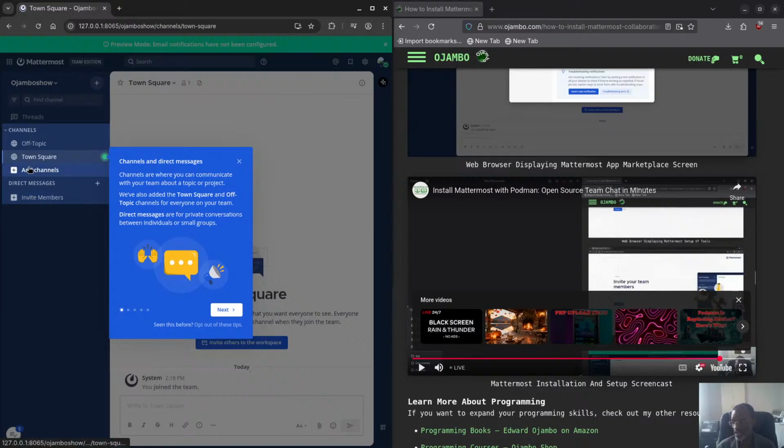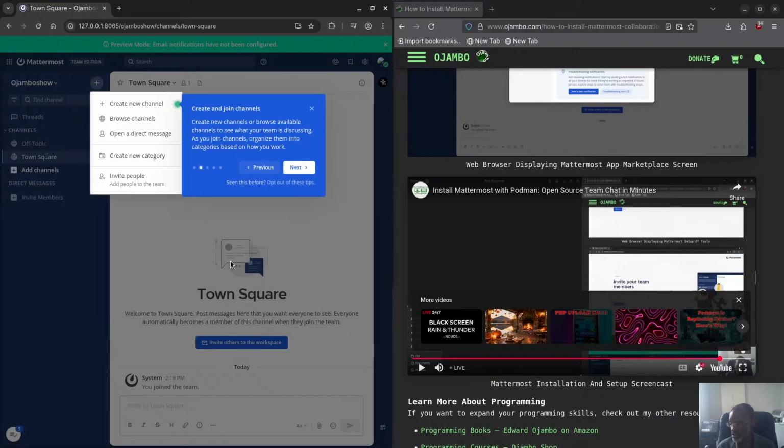You see, it tells you these are the channels. Direct messages are where you communicate with your team about a topic or project. We've also added the town square and off-topic channels for everyone on your team. Direct messages are for private conversations between individuals or small groups. Okay. Next part of the tour, you see you can create a new channel,